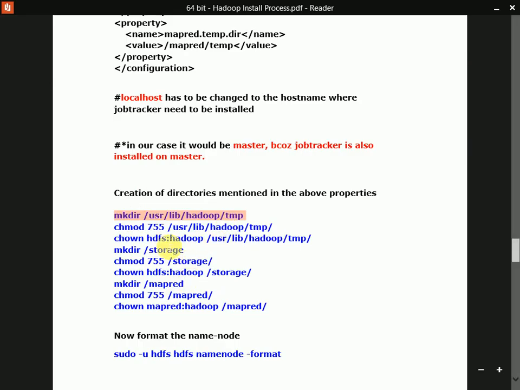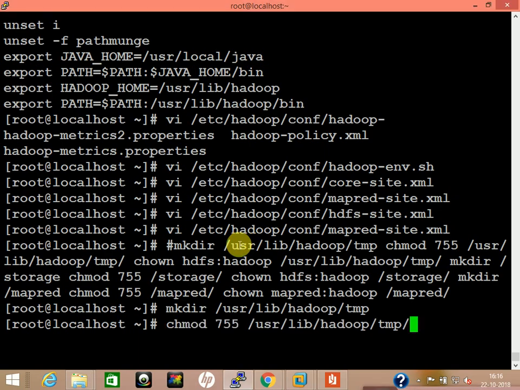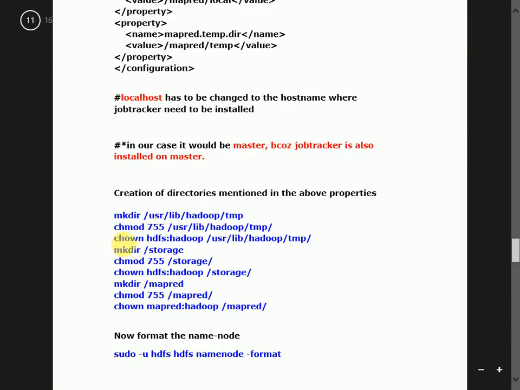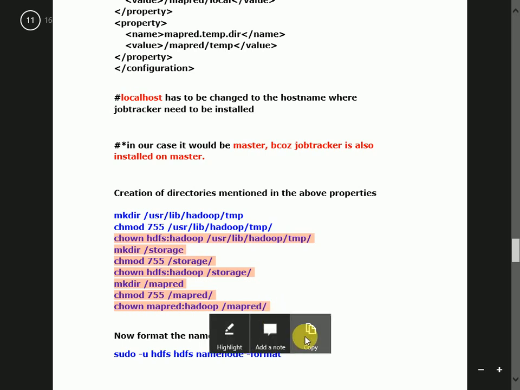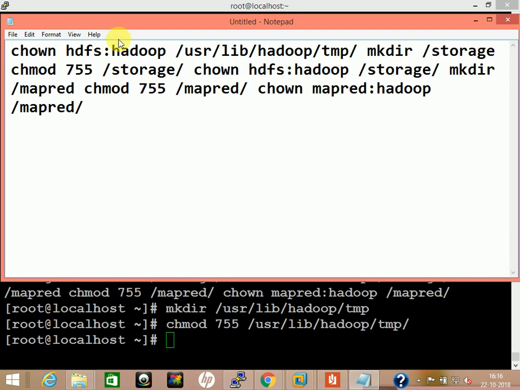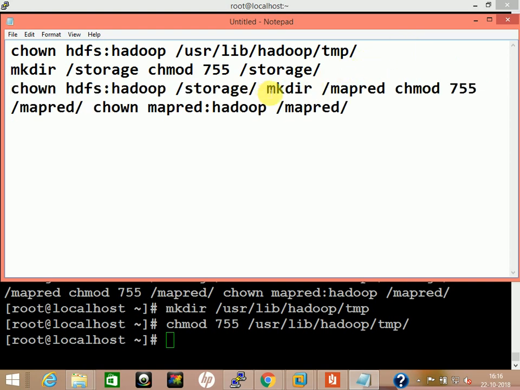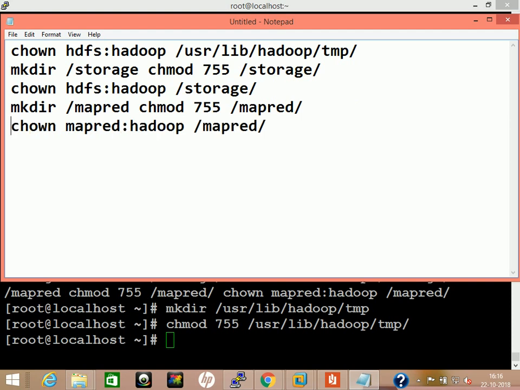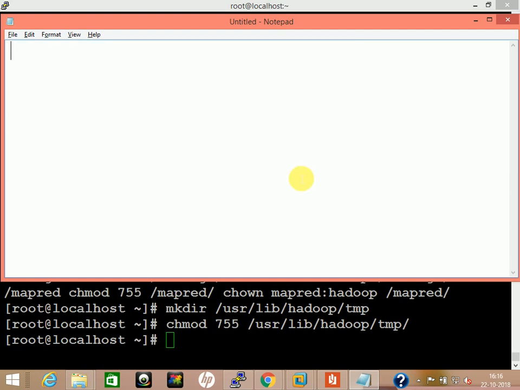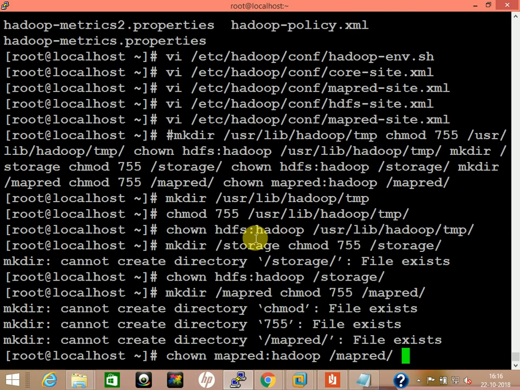I'm creating a directory, I'm changing the ownership. Instead what I can do is copy it all, put it into a notepad and format it, right? That will be quick. Paste. So this is one command, mkdir is another command, chown is another command, then mkdir is another command, and chown is another command. Fine. So I'll just now copy and paste it. File exists, that's fine. Okay,